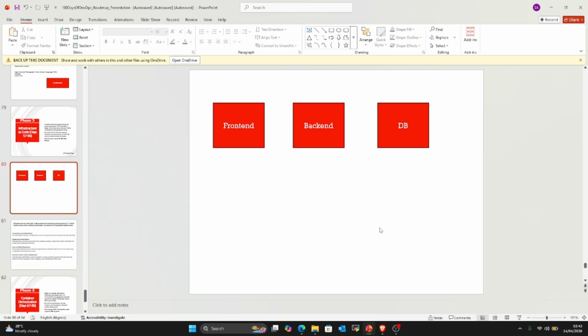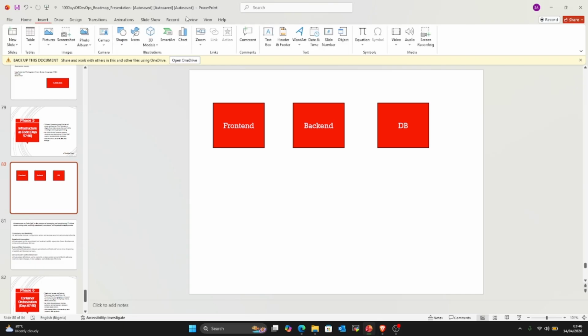But in some cases, in a production environment, you will not have one single web app or one single server for the front end. You will not have one single server for the back end. You will not have one single environment. You have various environments.